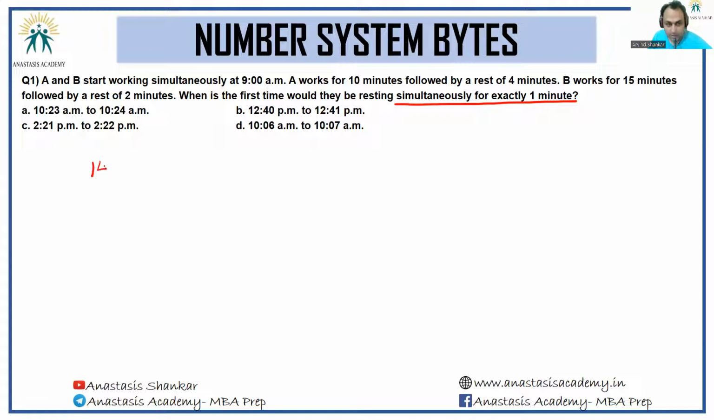So can I say, whenever A is not working, the time will be either 14n plus 11 or 12 or 13 or 14n itself. If these are the number of minutes, then A would not be working. Let's look at the behavior of B. B works for 15 minutes, followed by a rest of 2 minutes. So first 15 minutes he works, 16 he doesn't work, 17 he doesn't work. He doesn't work 17k plus 16, or he doesn't work